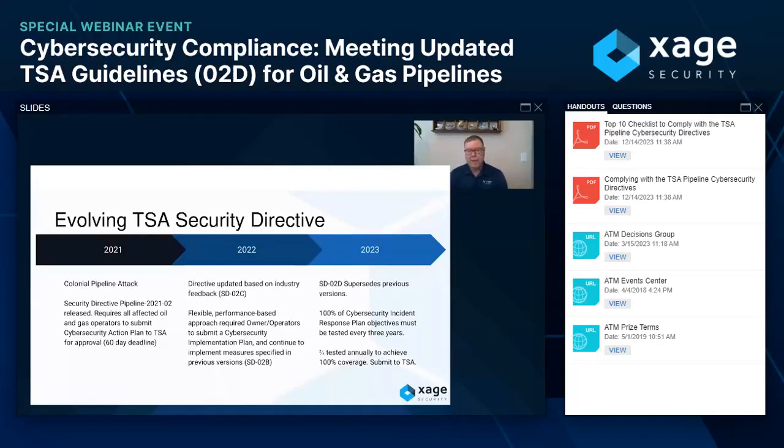So basically what we're saying is that over time, we're seeing this mature. In 2021, we have the Colonial Pipeline attack. We have all of these other things that are leading up to the TSA directive. So what they're saying here is we're trying to figure out what's going on. We need an action plan, and you need to have us approve it. Time goes on. We've got the action plans. Everybody's happy with that. And you start to see them talk about an implementation plan and how do you continue to mature against this directive.